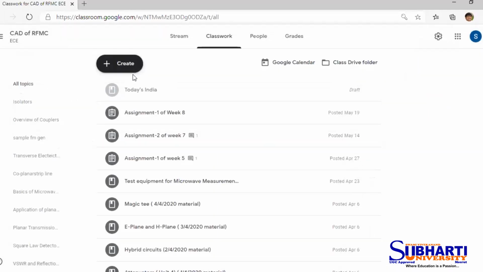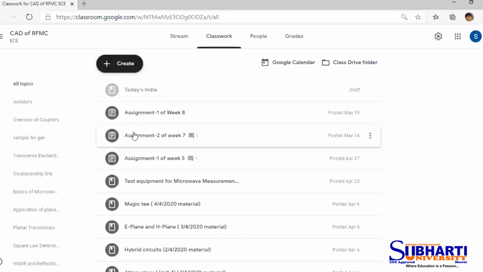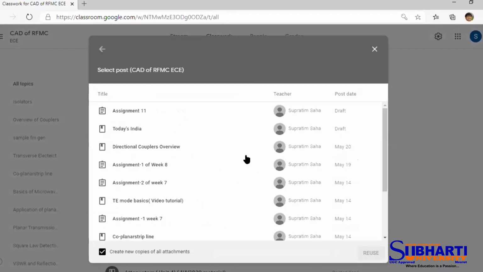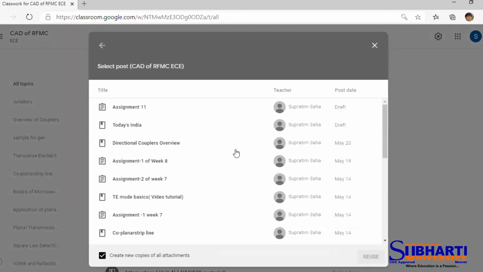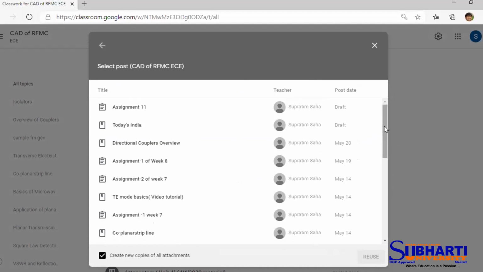So this means that we have come to the third position, that is the reuse post of my session. I click the reuse post, and before I explain how to do it, I would like to tell you that reuse post is nothing but an option that can be utilized by the faculty members year after year or in different semesters as well.